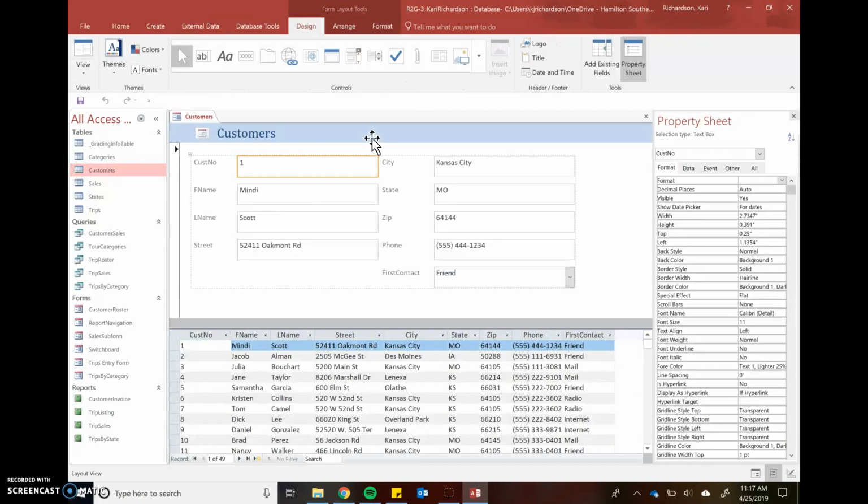So the benefit of the split layout form is the upper pane allows you to display the fields of one record in any arrangement, and the lower pane maintains the datasheet view of the first few records. So if you edit or sort or filter records in the upper pane, the lower pane is automatically updated and vice versa. So I'm going to go ahead and click on MO in the state